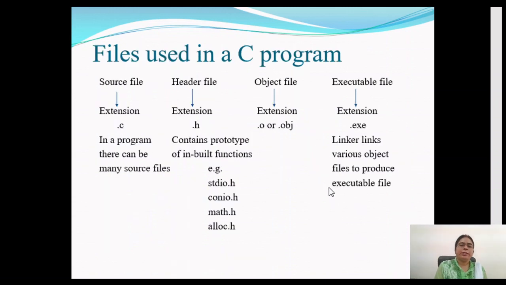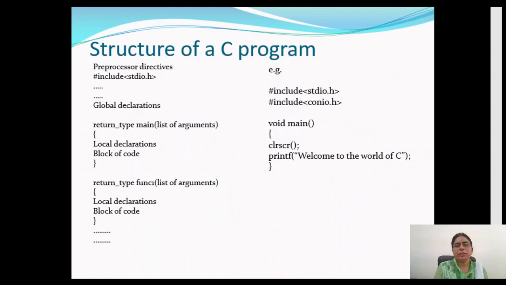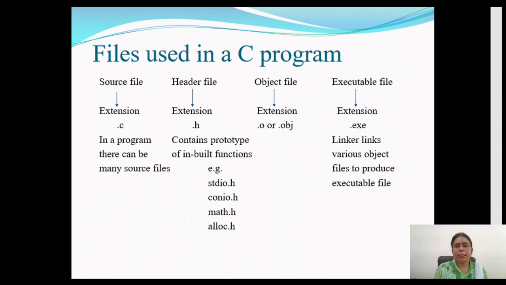So now let us see what are the different types of file that we can have while programming. The first type of file that we have is the source file that we discussed right now. This is the structure of the source file, and we will make this file with the extension .c. In this file, we have the high-level language code written in C language for the task to accomplish.